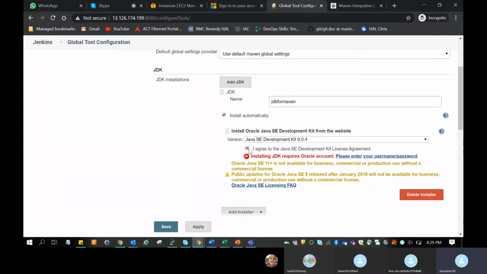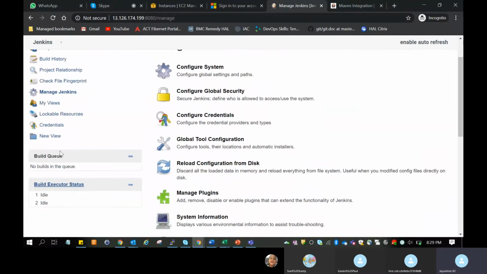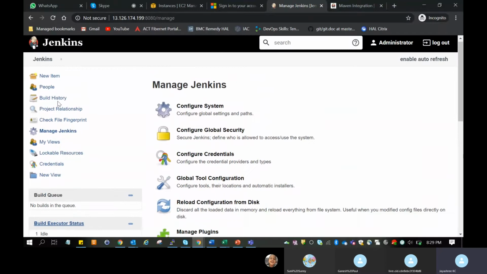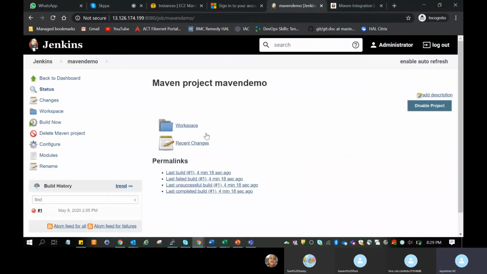Okay, yes. Go ahead and click on save. Go back to the project. They were actually enabling it for JDK also, like higher versions.